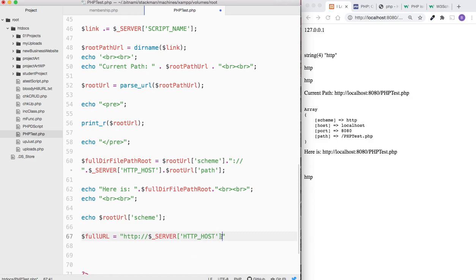You can just put it right next to each other like this, just right next to each other. So we do, let's do